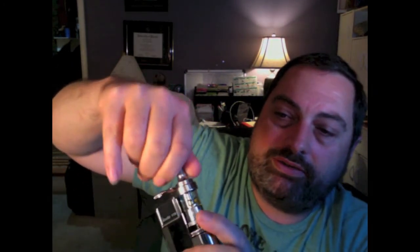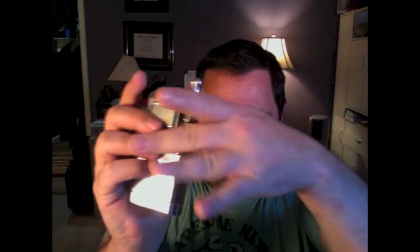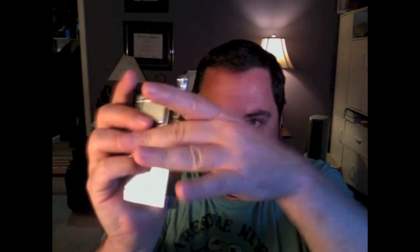I tried this earlier, holding it up at the same time while trying to screw it on. I just don't have that much dexterity tonight. As you can see, it sits a little lower there, but certainly serviceable. It will vary from tank to tank. In this configuration, of course, you're not going to use CE4s or anything of the like. But